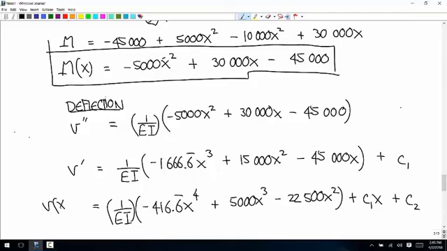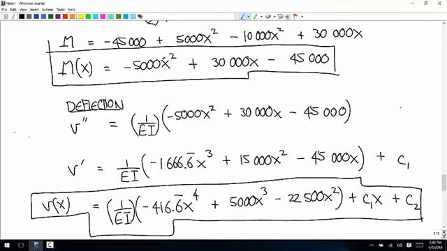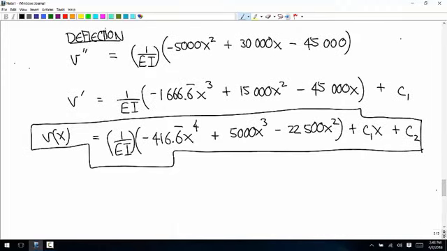as a function of x. And this is a true statement, but we just don't know what C1 and C2 are yet. You can't debate this, but we'd like to know what those values are. All right, so now we want to use the boundary conditions to find C1 and